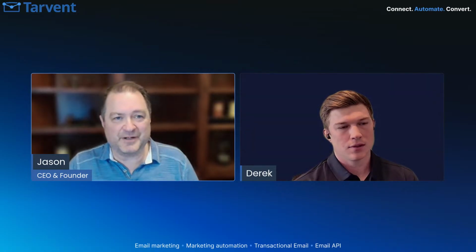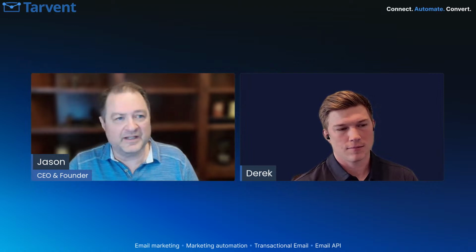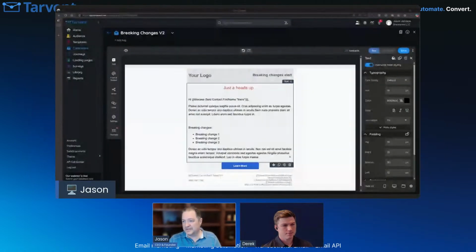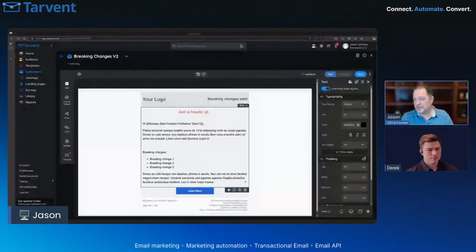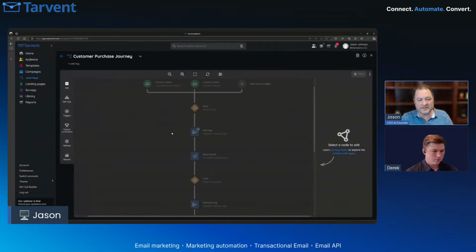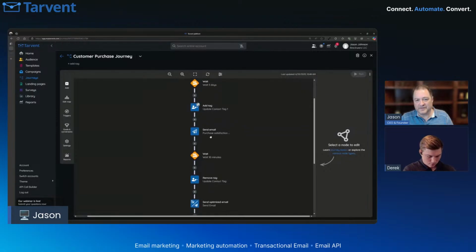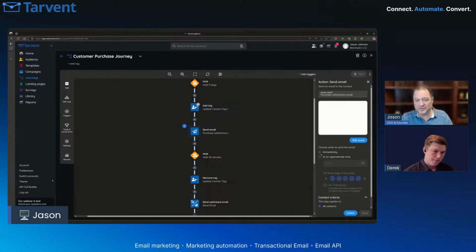So send optimized. So let's see. I'm going to share my screen here, and so we'll go into a journey, and I'm just going to continue without saving. So in here we've got a send email, and then we have send optimized email. So why did we separate those out into two different action types?